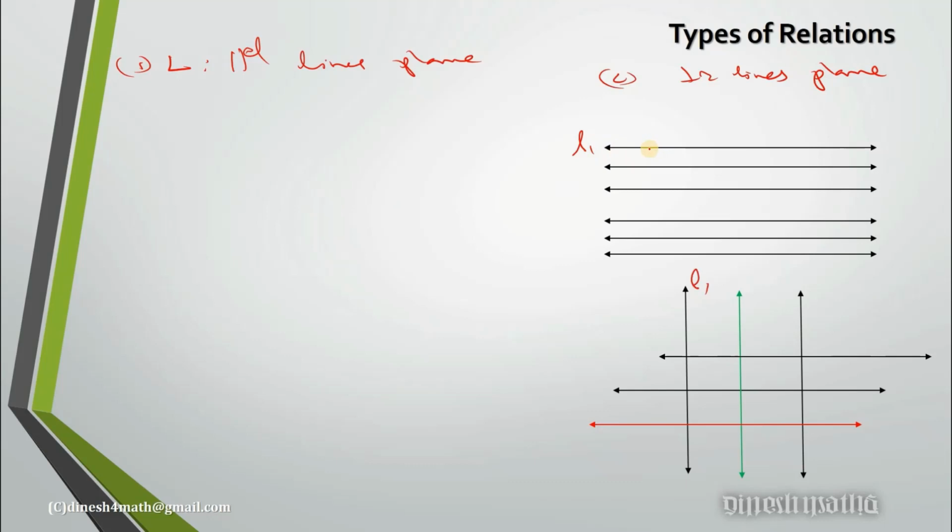So if you get an element which is related to itself, it is just like standing in front of a mirror, where you see your reflection. Such a relationship we call a reflexive relation. So if an element A is related to A itself, we call it a reflexive relation. You can write this as (A, A) belongs to R for every A in the given set A. So here we get L1 is parallel to L1, so L1 is related to L1. And in the second case, L1 is not perpendicular to L1, so it is not related. That's the first type of relation, and we call it a reflexive relation.